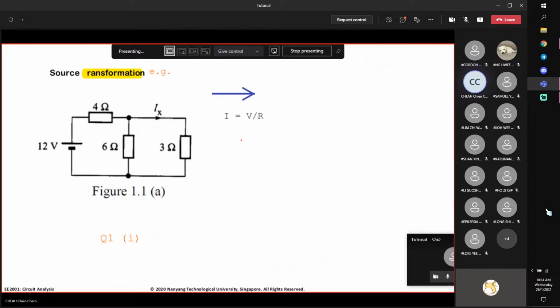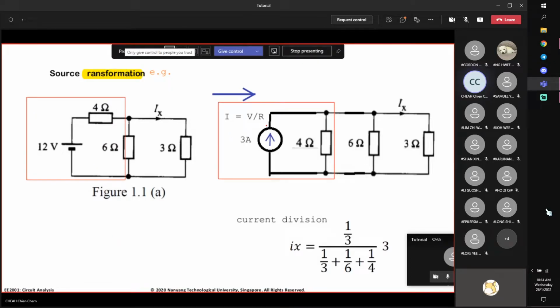Okay, I'll use this simple circuit again, to show you that for simple circuits there are many ways of solving the same problems. Okay, I will transform this voltage source in series with a resistor to a current source in parallel with a resistor. So given voltage, I is equal to V divided by R. V is 12, R is 4, so I get 3 ampere, right? Resistance, same thing,